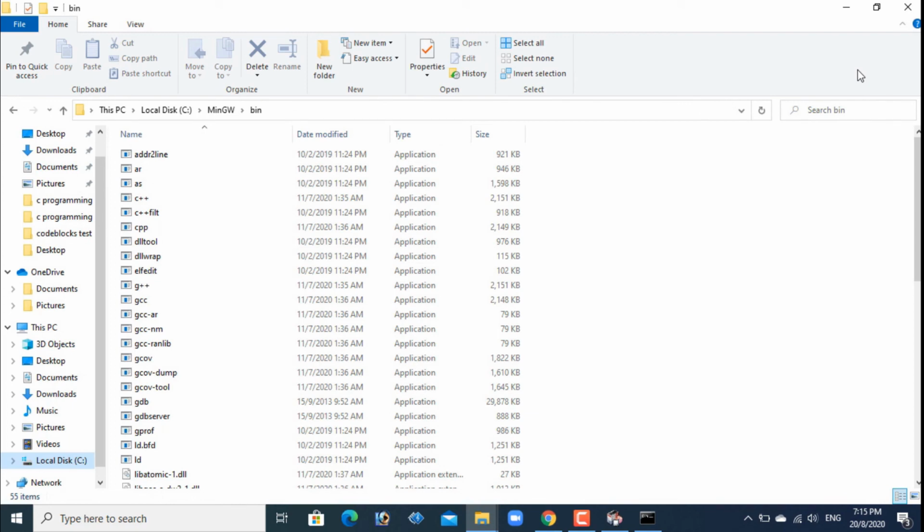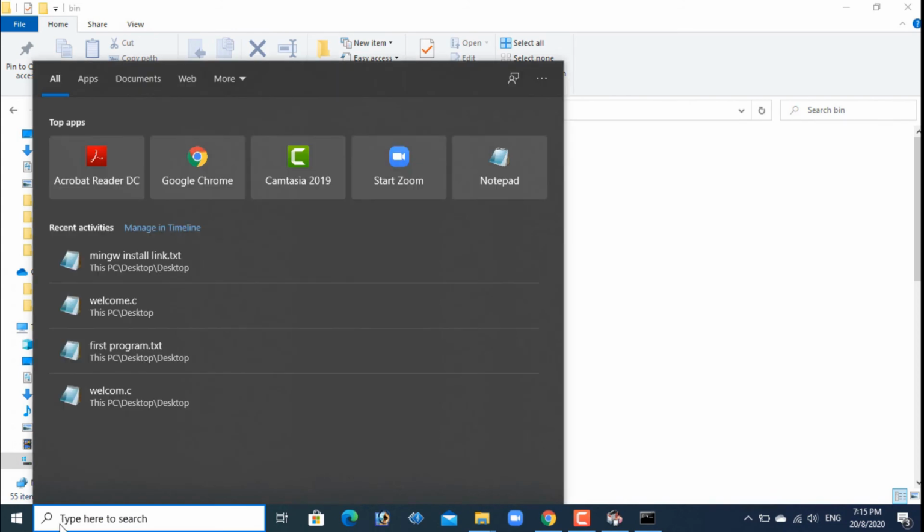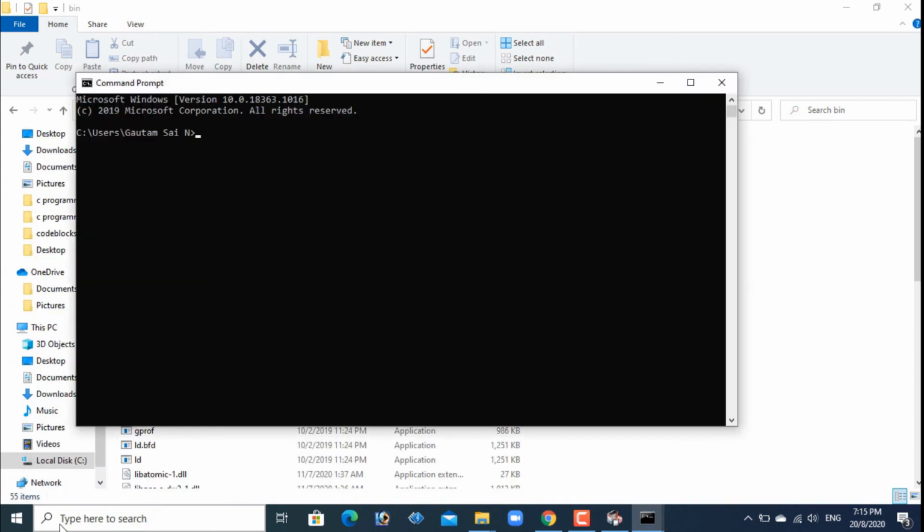Now let's go to the command prompt and check. cmd, type GCC. Now we can see we did not get the error like before. Previously it gave the error that GCC is not recognized as an internal or external command. But after we set the path, it recognized GCC, but it is saying that there is no input file.